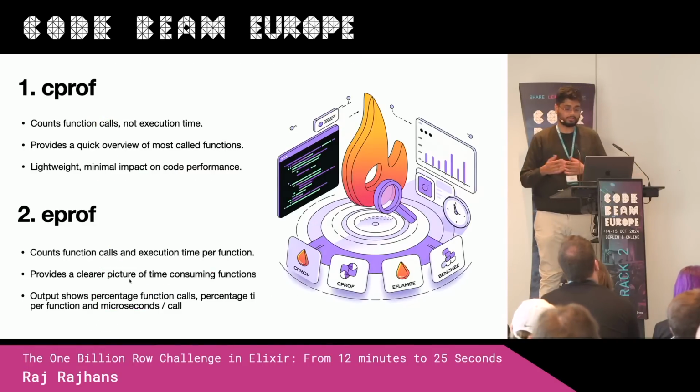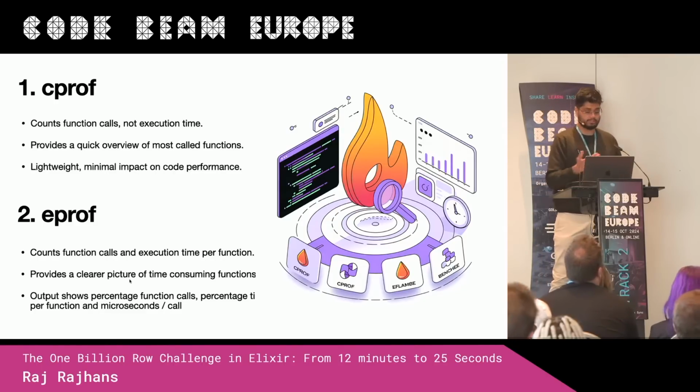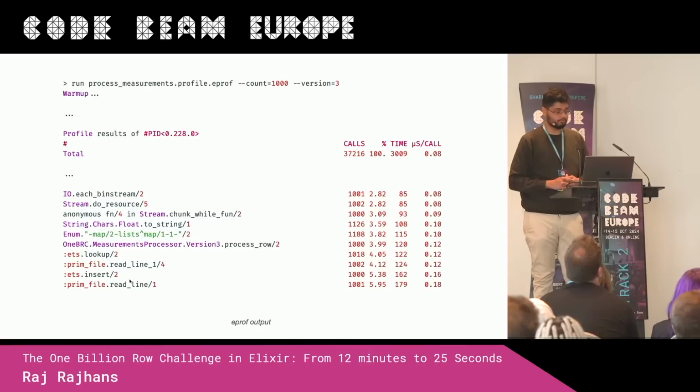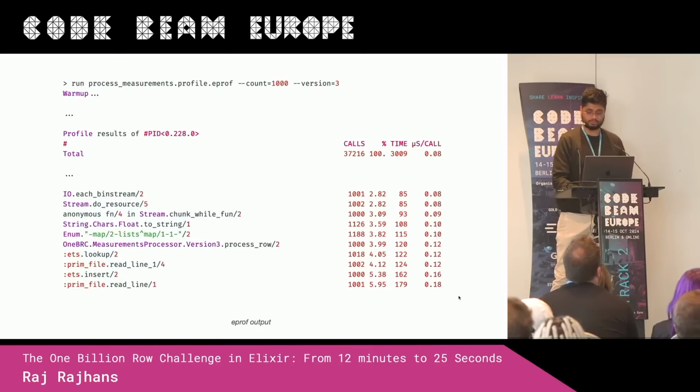The other part is execution time. That's where eprof comes in. It provides a clearer picture by giving the number of function calls as well as the execution time. So over here we have an example output of eprof. We can see that the readline file functions and ets functions are taking up a major percentage, like 5-6% each